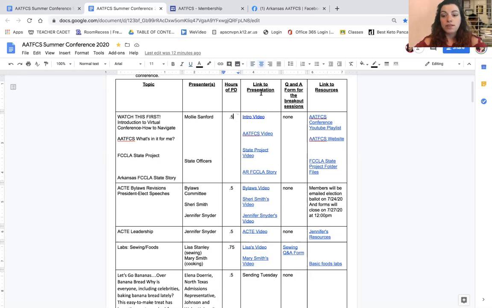And most of you are probably trying to get 12 to 18 hours, because you have 2 or 3 days' worth of PD you have to do on your own this summer. I suggest getting a little notebook like I have and writing down each one of the sessions you watch to keep up with them easily. Then write down however long that session was, like 0.5 or 1 or 0.75, and add those up, because in the post-conference form you're going to have to do that so that we can see how many hours you completed. Then the state office is going to get that spreadsheet so they can make up your certificates like they usually do and mail them or email them to you, however they decide to do that this year.